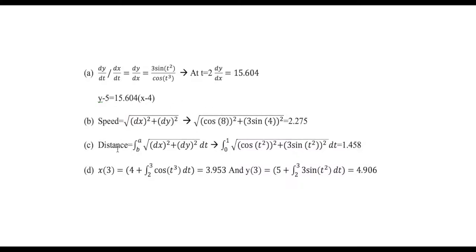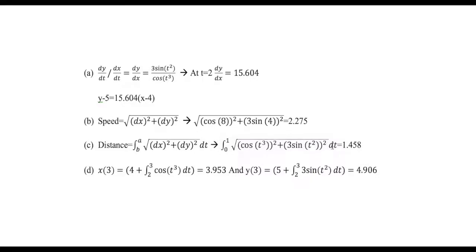And moving on to part C. It asks, find the total distance traveled by the object over the time interval t from 0 to 1. The distance formula is the integral from a to b of the speed formula, dt. It's from 0 to 1, so it's the integral from 0 to 1 of the square root of cosine of t cubed squared plus 3 sine t squared squared dt, and you get